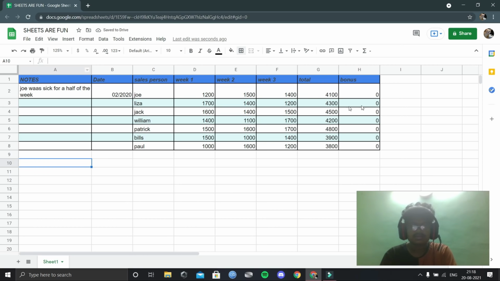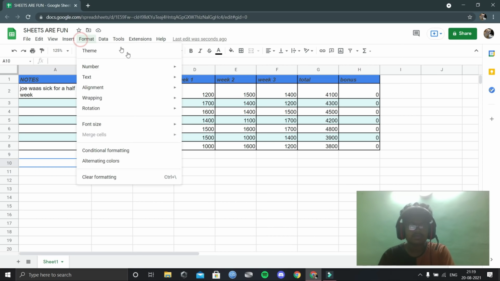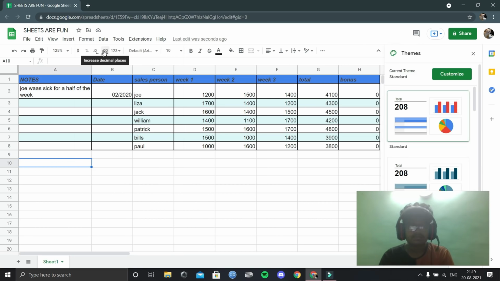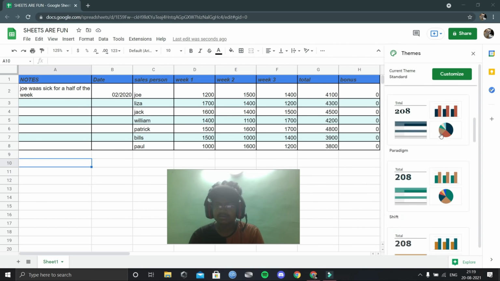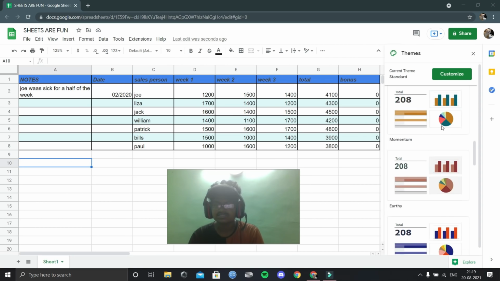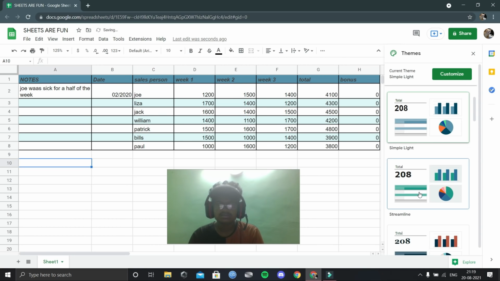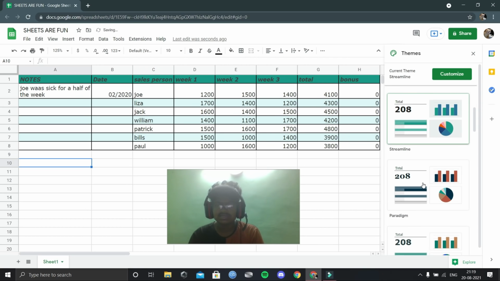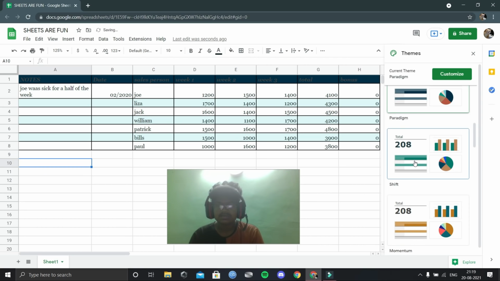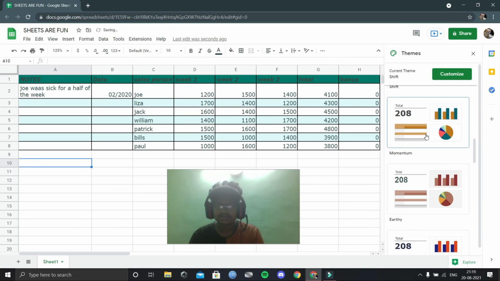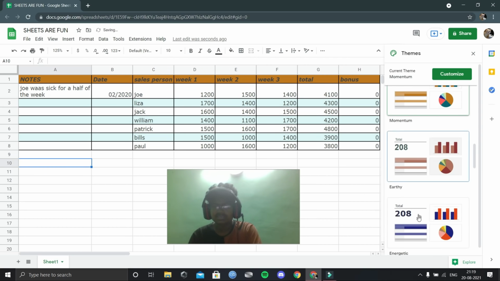And just like adding borders over here, instead of just adding the clip bar and changing one option at a time, you can just use the Format button and select Theme over here. We have a really large number of themes with different colors and different fonts. If I select one like this, the text changes and the color changes too: Polygon, Shift, Momentum, Earthy,